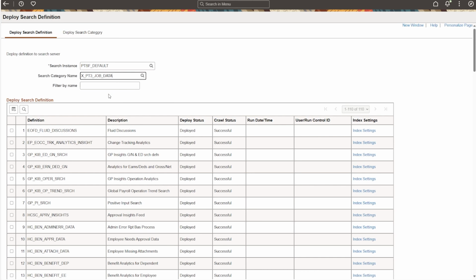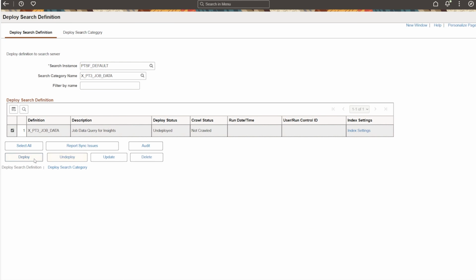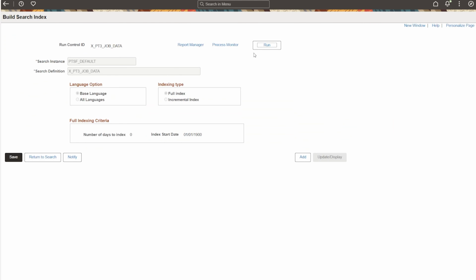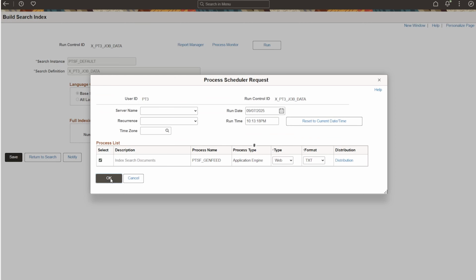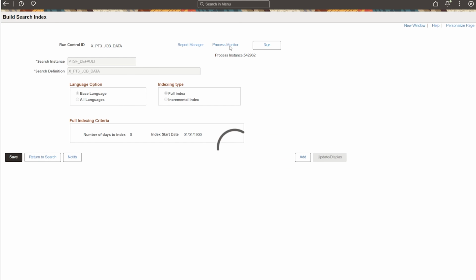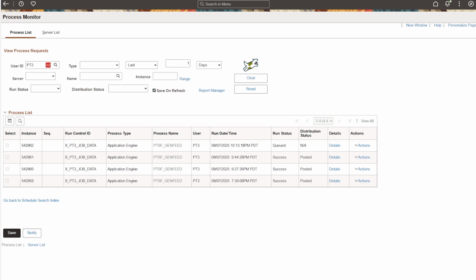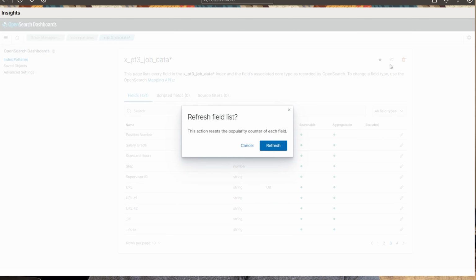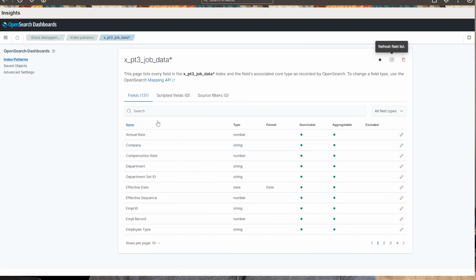Redeploy our updated search definition. And finally, schedule a search index to send this updated dataset with our new query link over to OpenSearch. When it's completed successfully, navigate to the Insights Dashboard homepage. The first thing we need to do is refresh our index pattern to bring in the new query field. Click the refresh button in the upper right corner of the page and then ensure we see the new query